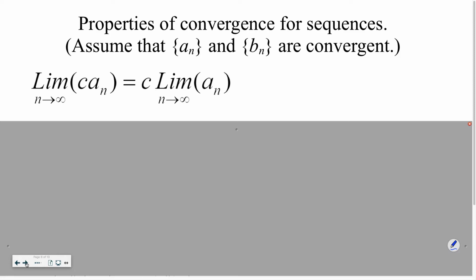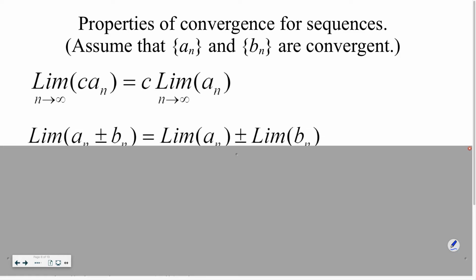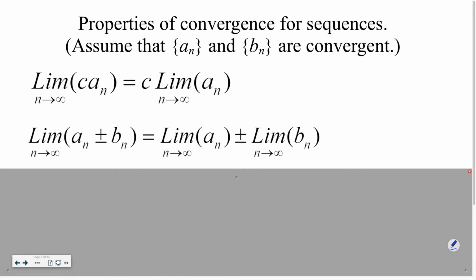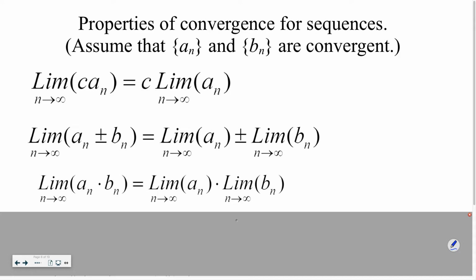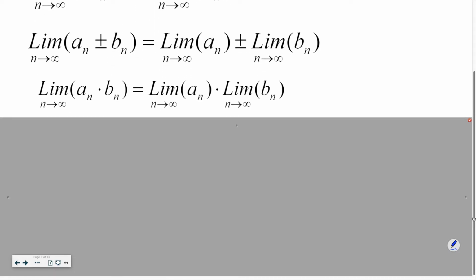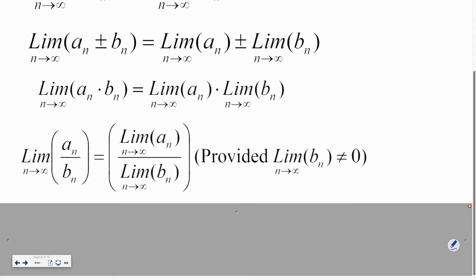Remember, if you have a constant, you can throw it outside of the limit. If you're adding or subtracting inside of your limit, you can break that apart. If we're multiplying inside of our limit, we can break that apart and do each limit separately and multiply them, as long as we don't get an indeterminate form, and then we'll have to go with a different story. And if we're dividing inside of our limits, we can do those separately,